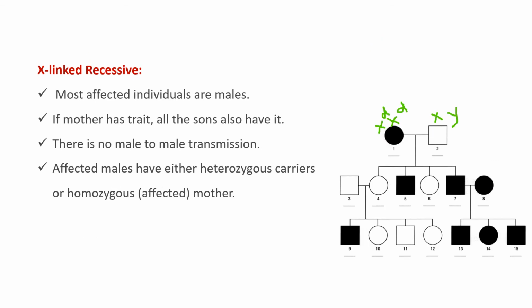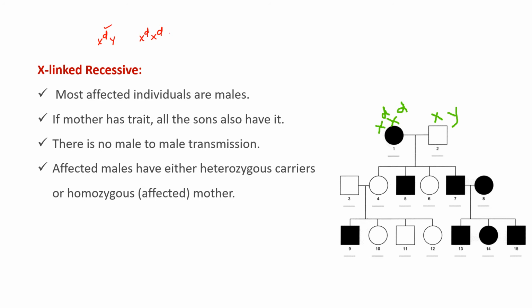Next is X-linked recessive. So here we can represent affected male as XdY and affected female as XdXd. So we know that in females 2 X chromosomes are present, but in males only one X chromosome is present. That's why in female 2 recessive alleles are required to express, but in males only one recessive allele is required to express. That you have to remember.